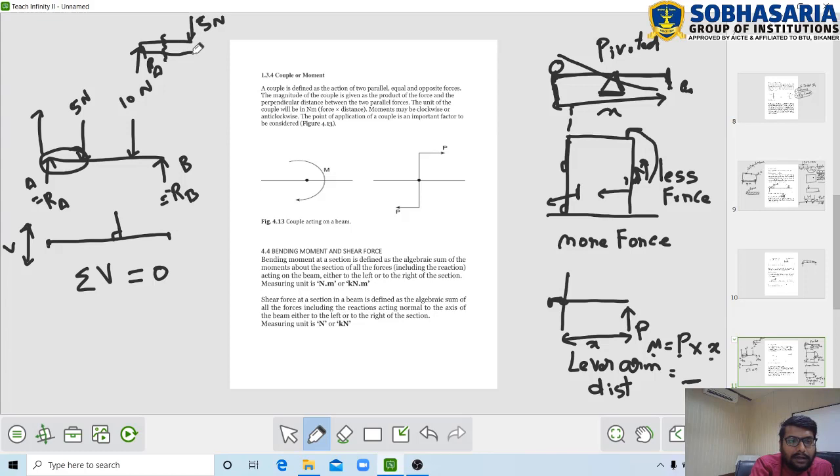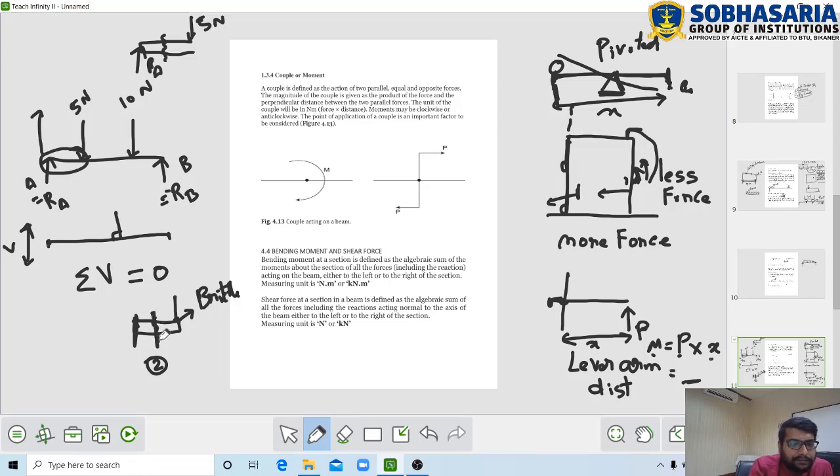The best example we can see is of a chalk. If you take a chalk, hold it from one end and you just apply a load here, you will see this chalk will break, right. So this writing chalk, since you know it is a brittle material, it will crack from here, it will break into two parts. So this way the shear acts, it tends to cut the beam